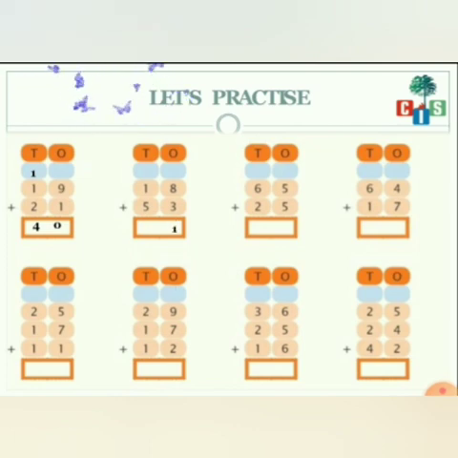8 plus 3 becomes 11. So 1 will be at the ones place and the next one will be at the tens place. So 5 plus 1 is 7. Let's see the third one. 5 plus 5, that's 10. So 1 is your carryover. So 1 plus 6 plus 2 is 9. The fourth one is 4 plus 7, it's 11. So 1 plus 6 plus 1 is 8.